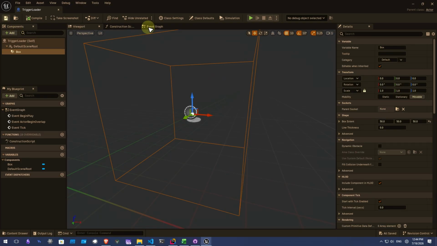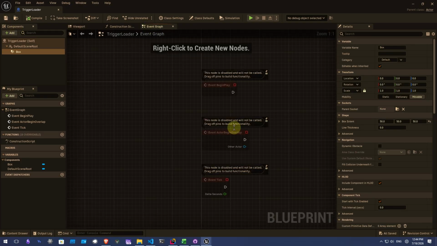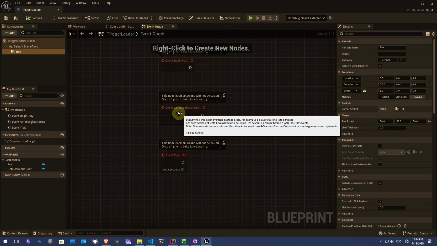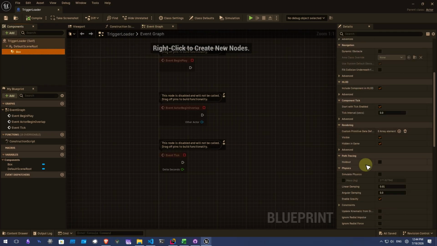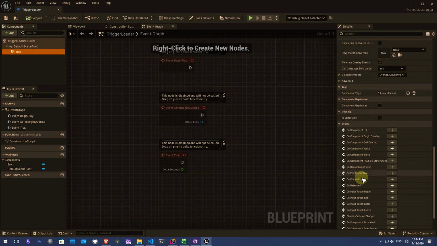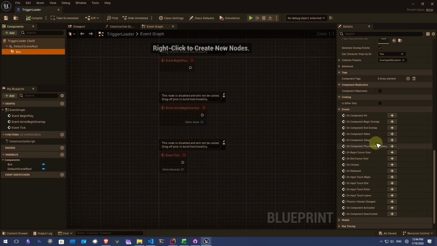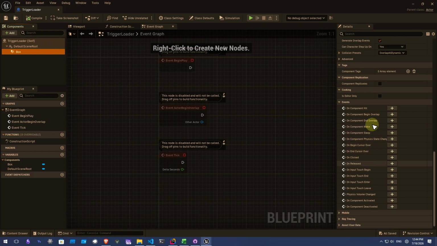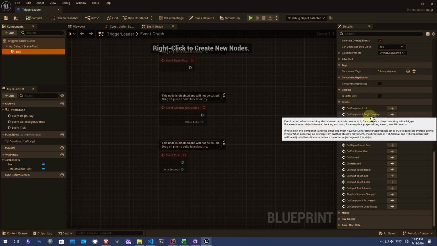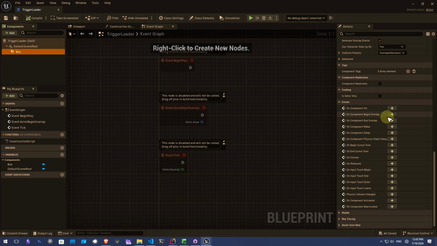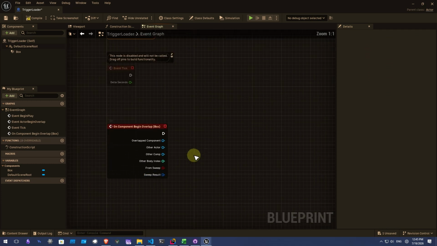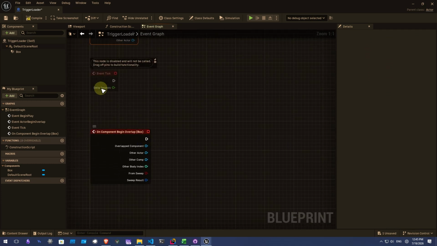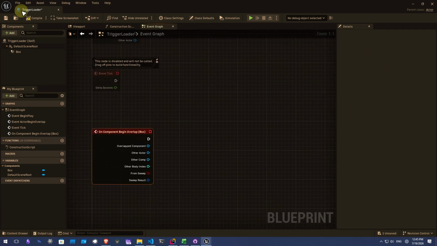And in the event graph, around the actor begin overlap, right? Because we have a box here, and I will look for actor begin overlap on components. Hold on, it's around here, on component begin overlap, right? I can add this one, no problem, or you can use this one, no problem. It's the same, right? So for this one here, first thing is we need a widget because we're creating a